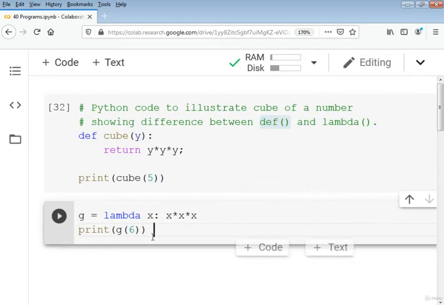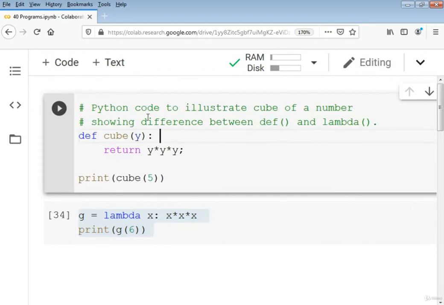You see here that this lambda function is just simple to use. It's very easy to use. We don't need to define something. So we will try this first example. We have defined cube here, then we will return the values.